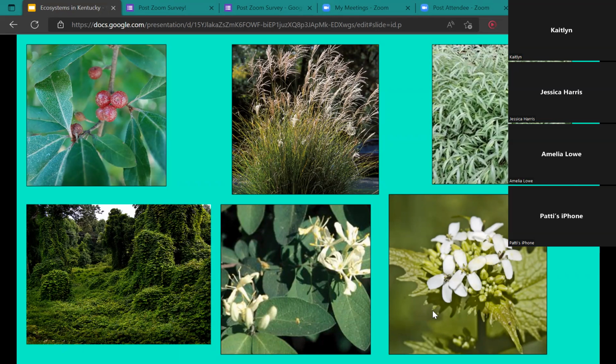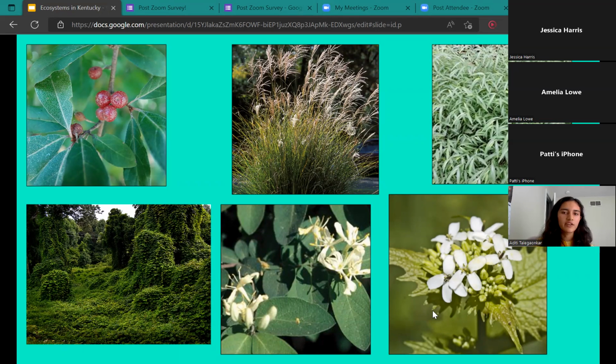So these are the invasive species that can be found in Tom Sawyer Park and Kentucky. They're the autumn olive, the Chinese silvergrass, the Japanese stiltgrass, kudzu vine, bush honeysuckle, and the garlic mustard. I'm sure you've seen a lot of these all over Kentucky. All of these pictures, other than the kudzu, were taken within the park. And I'm sure if you've ever driven on Interstate 64, you've seen kudzu before.